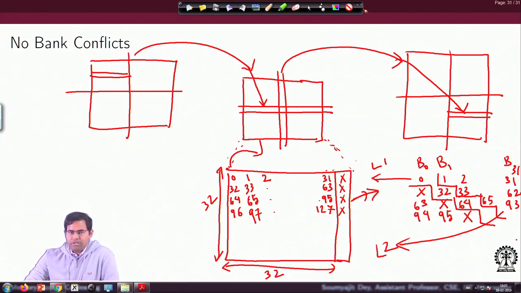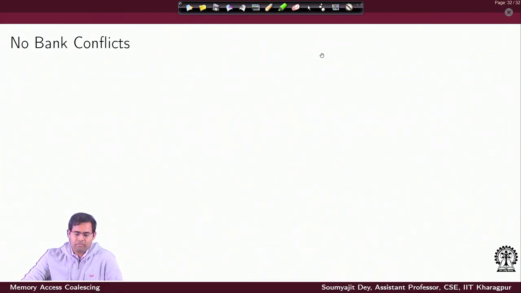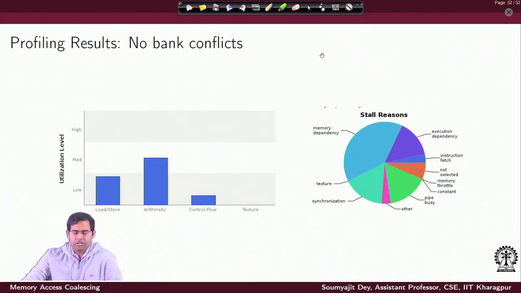So, this works like magic, and it is that simple. All you do is modify the tile's definition by padding an extra column. It changes the entire arrangement in the banks. Every column of data is now diagonally distributed in the banks, and due to that distribution, you have that column uniformly distributed across different banks, and they can all be accessed using a single load instruction. So, that is a wonderful optimization, I would say.